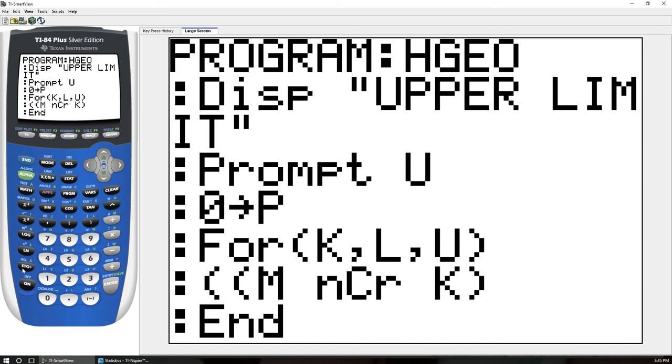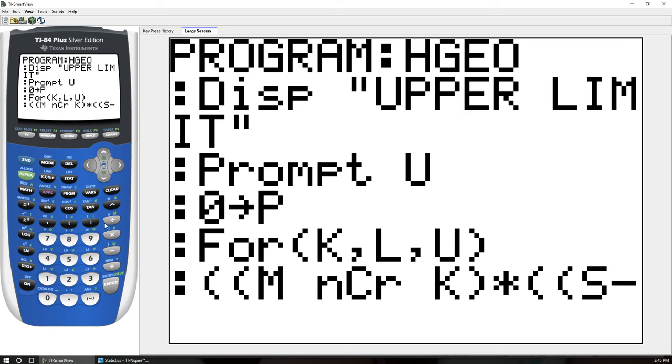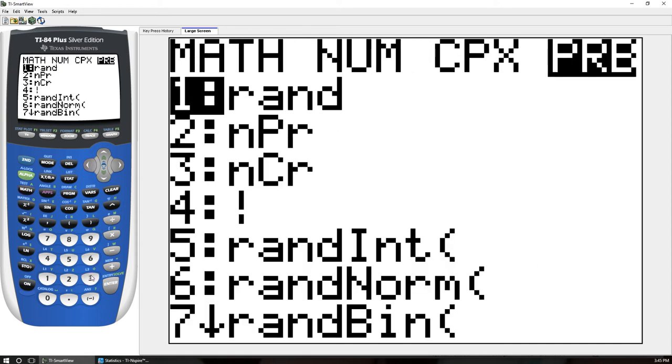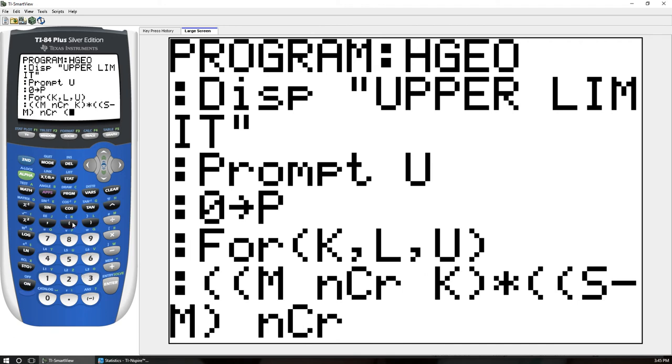Now we're going to multiply that times parentheses, another combination that's going to count the ways of doing our failures. Now first of all, we need another parentheses. Now let's count our failures in the population. We have our total population size, which is capital N normally, but we used the letter S in this program because we can't use two N's. So total population size minus the number of successes in the population gives you the total number of failures in the population. From there, we're going to do another nCr,